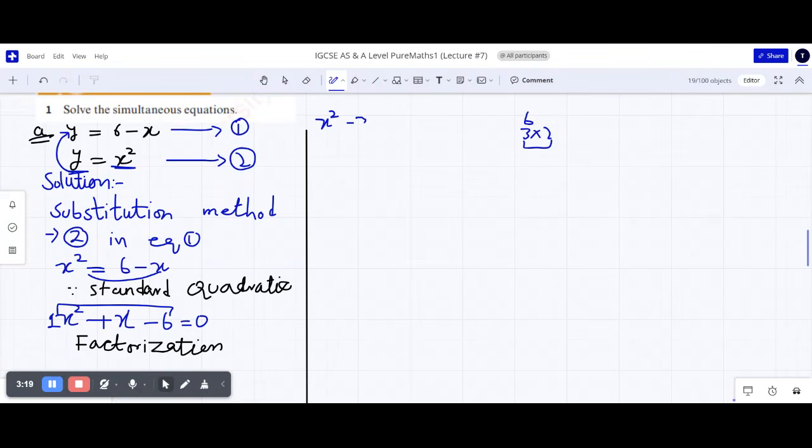So I will write the factors. I will break down the middle term into factors. So it would be x squared plus 3x minus 2x, then minus 6 equals 0. Then I will take the common factor from the first two and the next two terms. Common means the same value I will factor out. So x is common, x plus 3 is left, and here minus 2 is common because 2 times 3 is 6. When minus is common, the sign will change, so x plus 3.